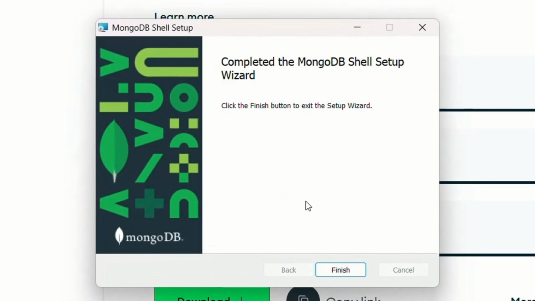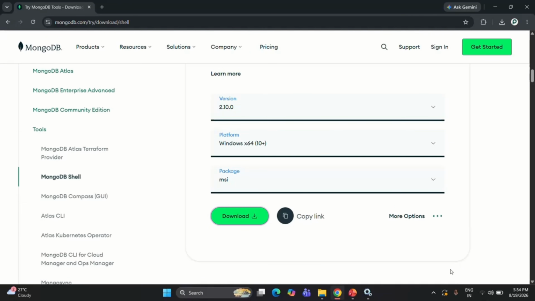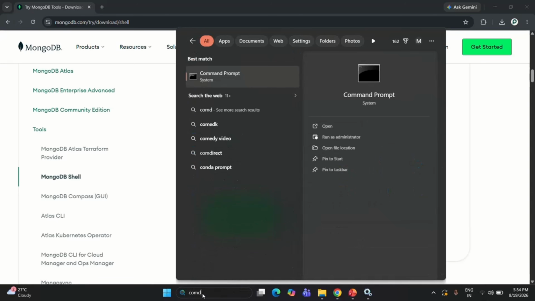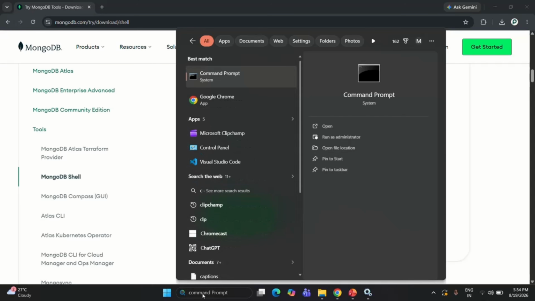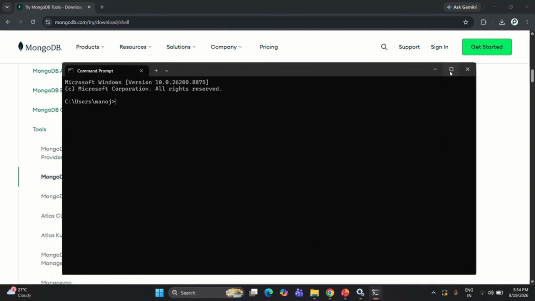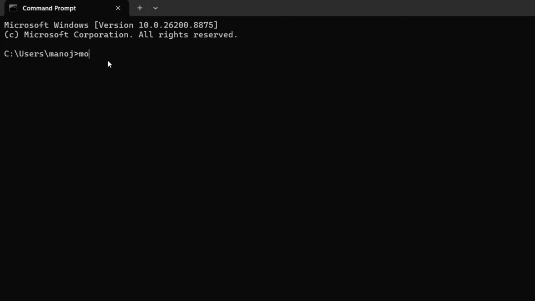And let's wait for the installation to complete. So you can see the installation of MongoDB Shell is complete. Let's click on finish button. And now we want to start MongoDB Shell. For that, what we can do is open command prompt. In the search bar, you can simply type CMD or command prompt and then press enter. It is going to open the command prompt window. There, all you have to do is type mongosh. Okay, so mongosh, and there should not be any space. And if I press enter,